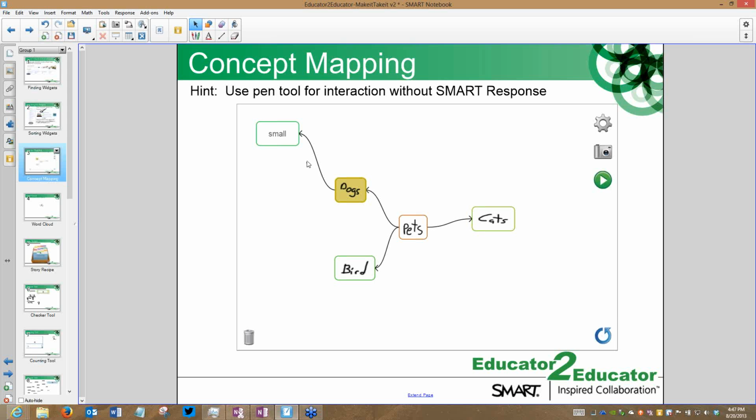Lots of different options available to me there. It's a very, very neat thing. Now, one thing I did forget to throw out also, because you saw I have dogs, cats, birds. Quite likely when you say pets, a lot of people are going to say dog. If the students respond multiple times, it's not going to give you dog 15 times on here.